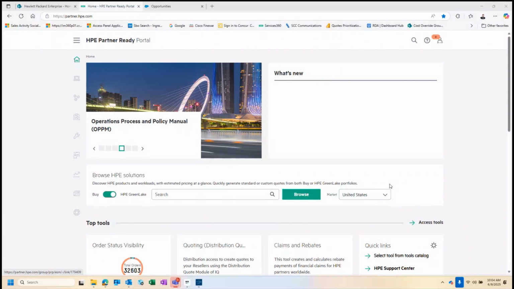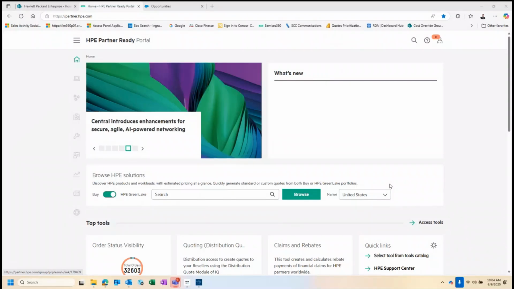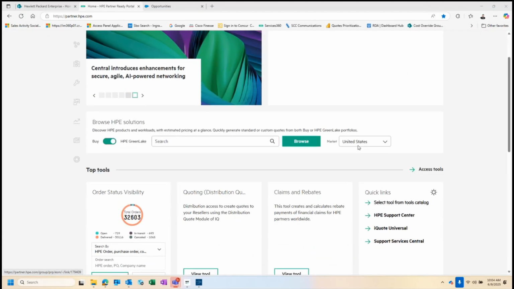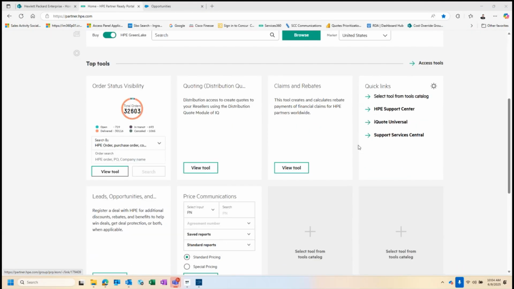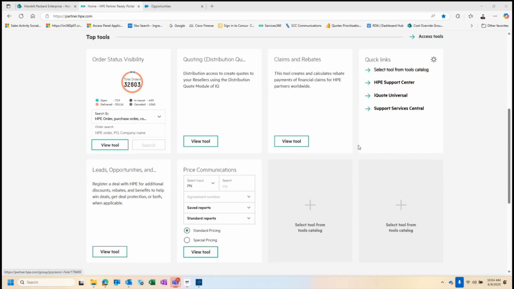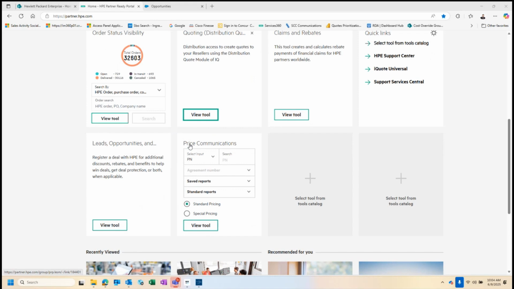I'm going to take you first to the Aruba HPE Partner Portal page. This is the home page for when you would have logged on. When you get to this page, you're going to notice that you have some tools there, and if you don't have the tool that we're looking for, you can always add it. The tool that we're looking for in order to be able to do an Aruba deal registration is leads and opportunities. Once you get to leads and opportunities, you're just going to click on View Tool,